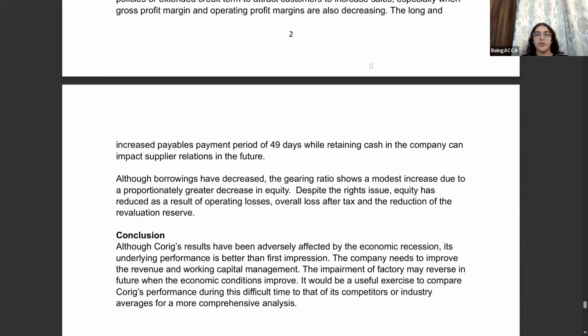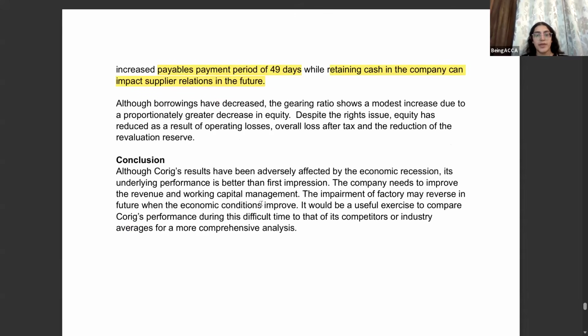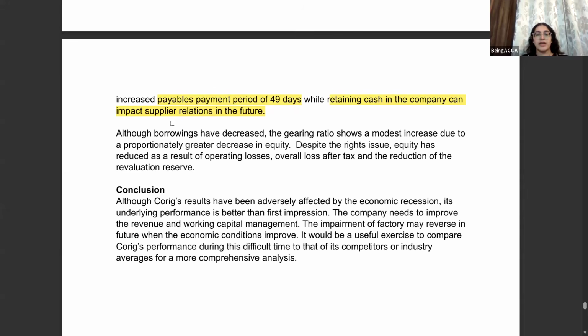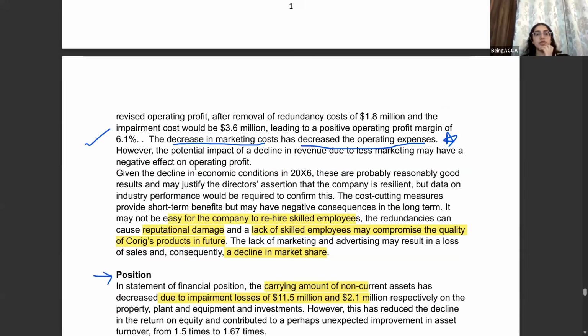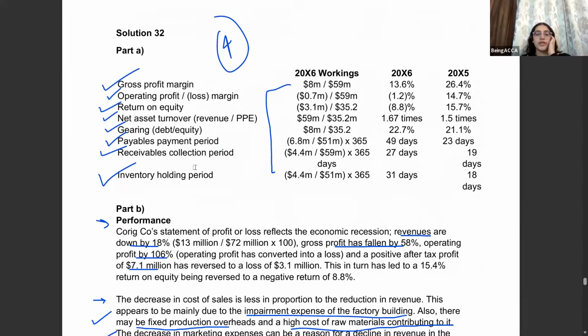Then you can also mention about the payables. It's very long, and this can obviously create tension with the supplier. It will impact the supply relation in the future, right? And the gearing, see, the borrowing has decreased. The gearing ratio has also increased due to greater decrease in equity. Right, and equity has decreased due to operating losses. So these are the points which you can write for the solution 32 for the